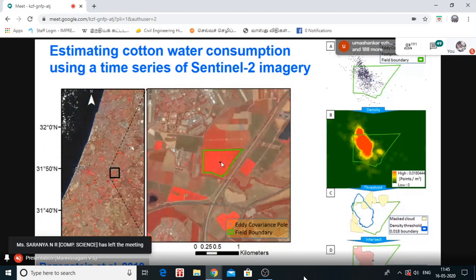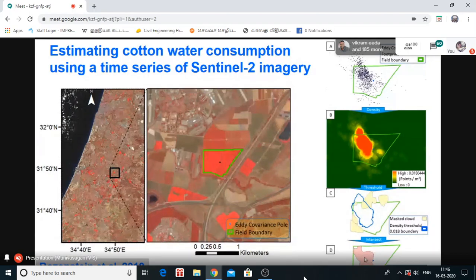It's an eddy covariance system. It continuously measures the water fluxes, and from this eddy covariance, we are able to get the crop water evapotranspiration, that is ETC. These are continuous measurements we have taken from the field, and we have taken only the fluxes coming from the field by clipping only to the region.